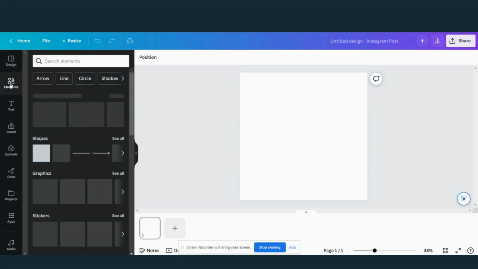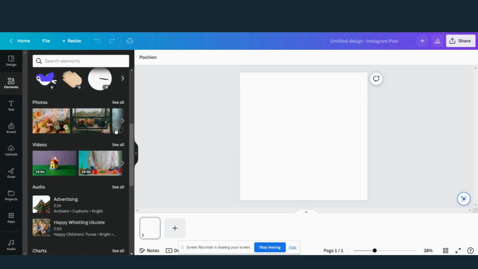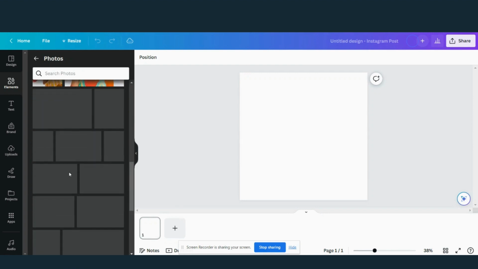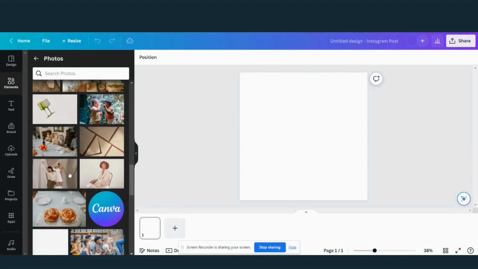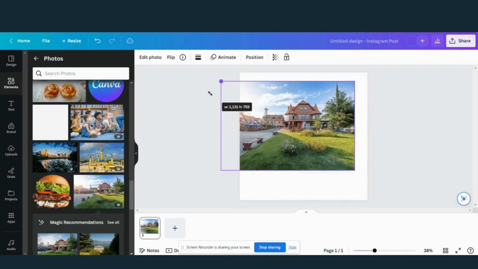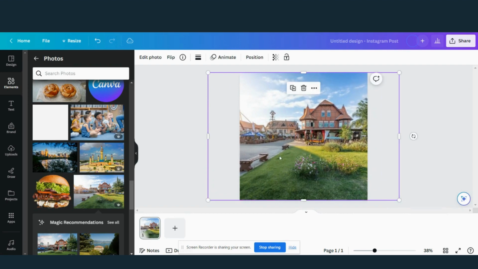I'm going to go into elements on the left here, and have a look for what kind of pictures are available. It says see all here, so I'm just going to click through and look for something that might be suitable for adding something to. Like, I don't know, just this one. So I'm going to make this fill the whole screen,